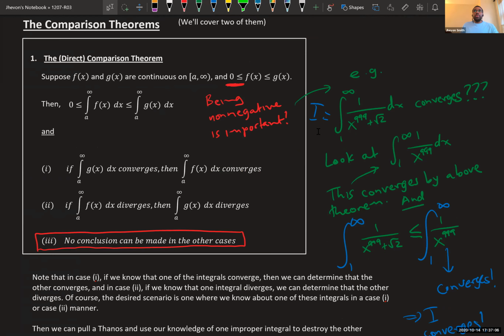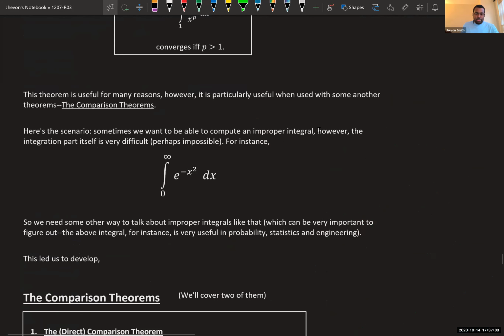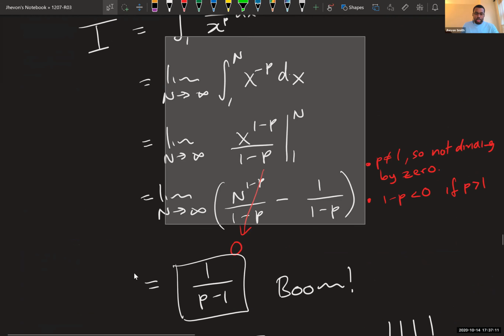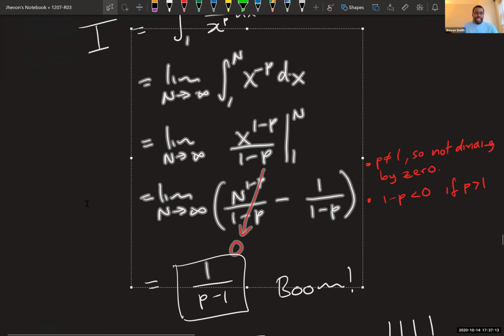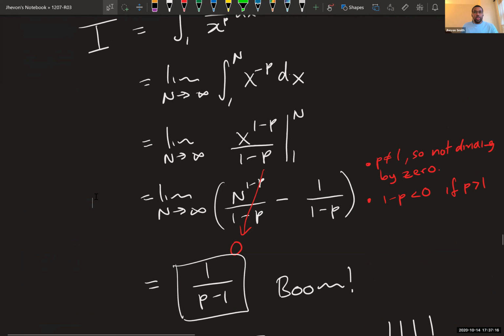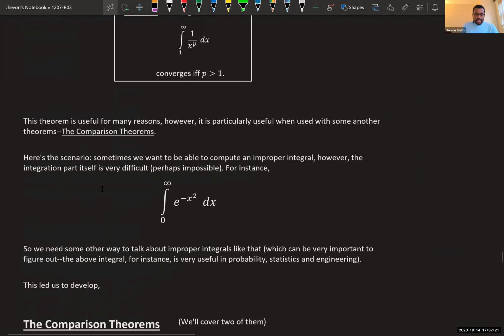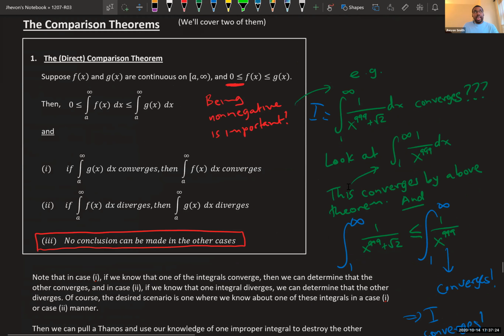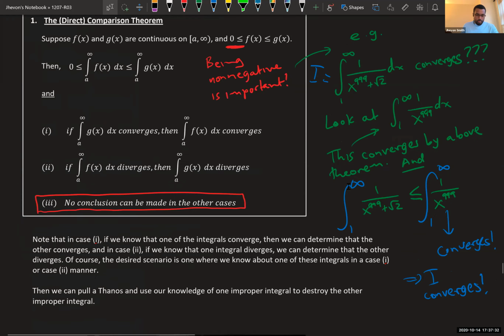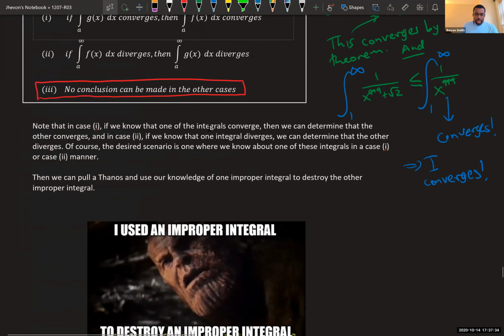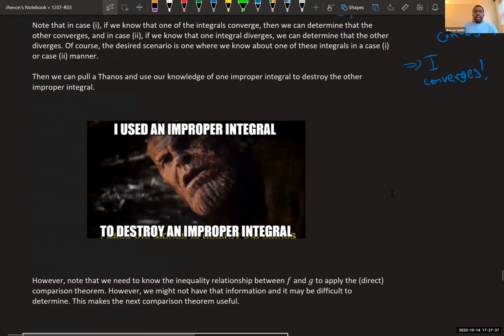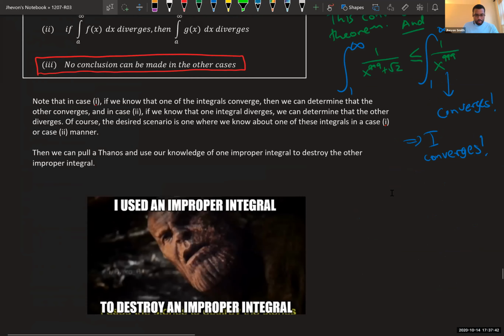in general, computing the integral itself in the way that we were doing, actually computing the antiderivative and then taking the limit of that, might be very difficult or even impossible to do for certain kinds of functions. So it turns out we have things called the comparison theorems, which allow us to tell whether or not an integral will converge based on knowing about whether or not some other integral converges. So this won't actually give you the exact value, but it's a way of using known improper integrals to determine the convergence of unknown improper integrals.